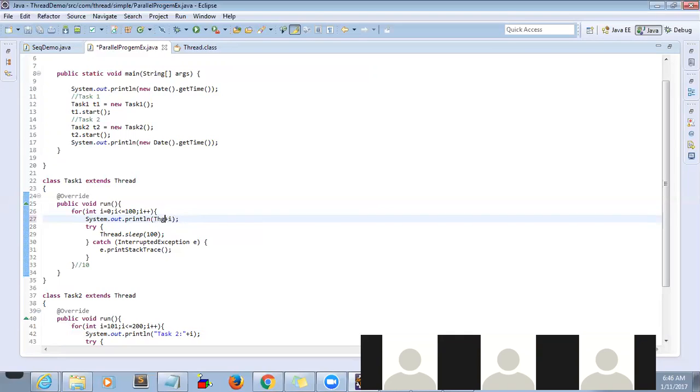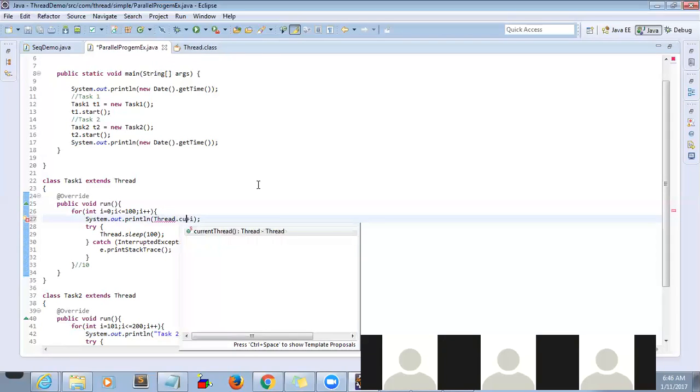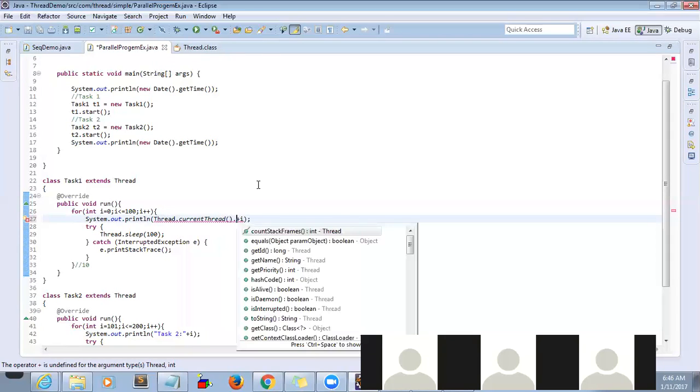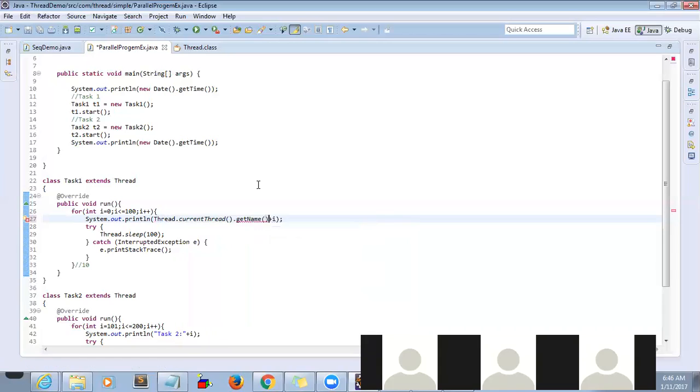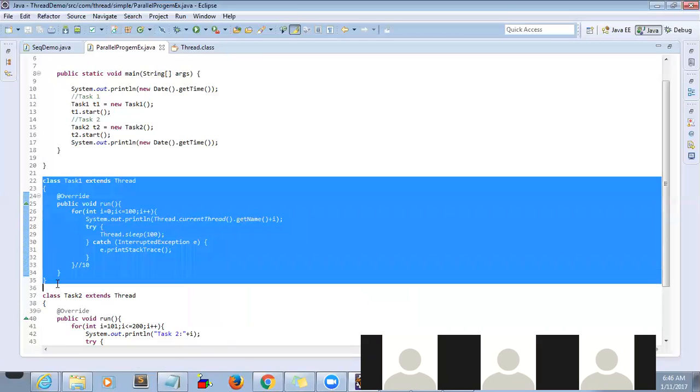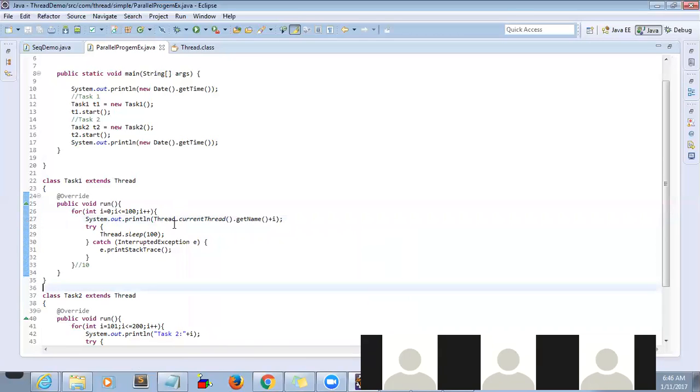there is a method called Thread.currentThread().getName(). This is one task, one thread, and I want to get this thread's name. How will you get it? Thread.currentThread().getName(). It will give some name to this thread, and task 2 is a different thread, so it has its own name. If you want to see the default